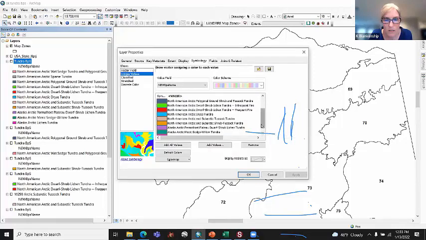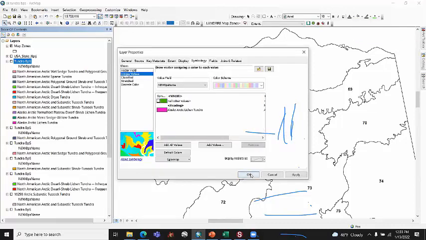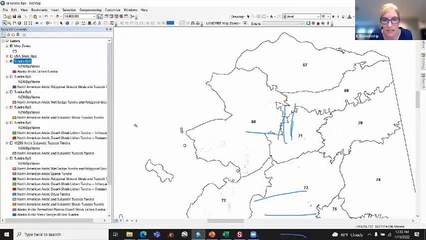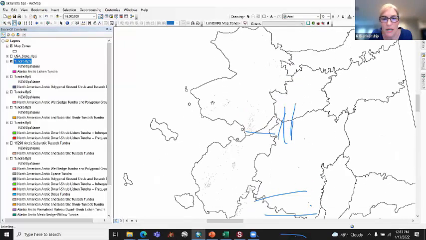There's permafrost plateau, here we go. Alaska, top pink and tundra. Okay. So that one, let me zoom out just a little bit. It's hard to see, but it's occurring